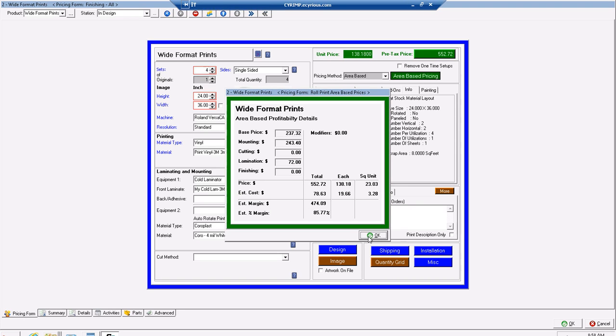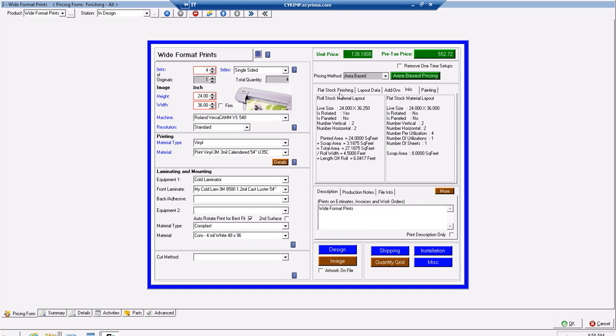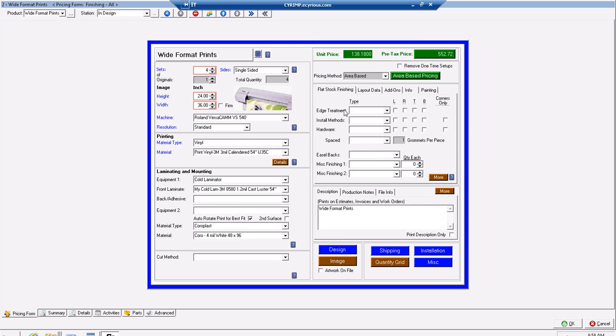You know, they want to sell a banner at $6 a square foot. They don't realize that oftentimes that banner is going to be grommeted and hemmed. Well, how much is it grommeted and hemmed? It's $8 a square foot. Didn't you hear me the first time? You know,